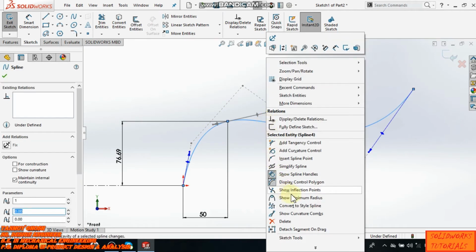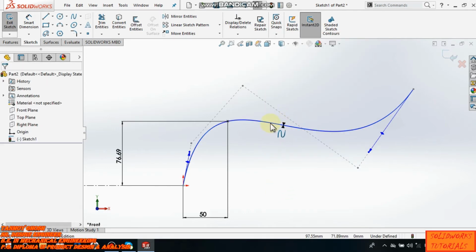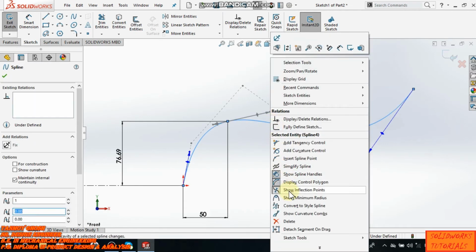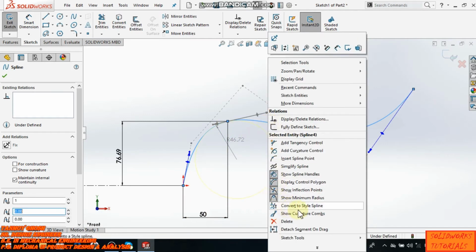Next option is show inflection point. It will show you the inflection point on the curve. Here is your inflection point. You can also show the minimum radius with this. If you enable this one, it will show the minimum radius of the curve.